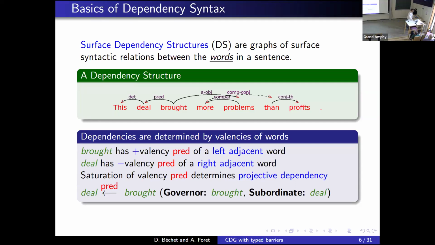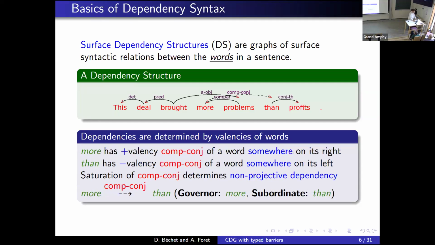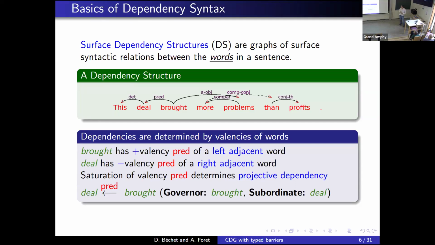For projective dependencies, an important principle is that the two words must be adjacent. It's this principle that says that a projective dependency cannot cross another projective dependency. For non-projective dependencies, it's more liberal.